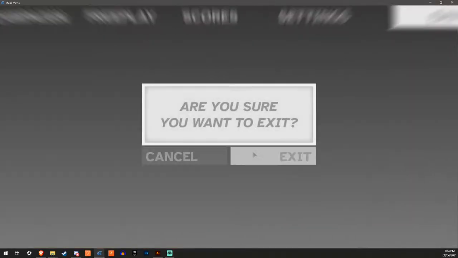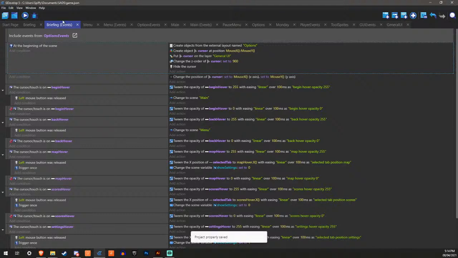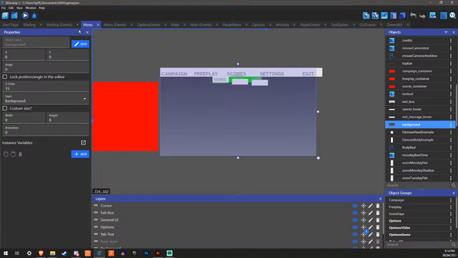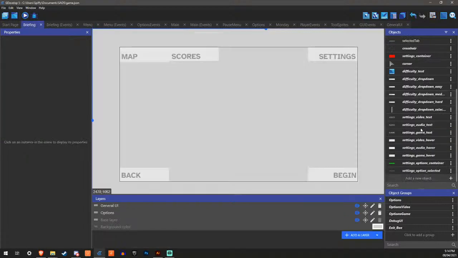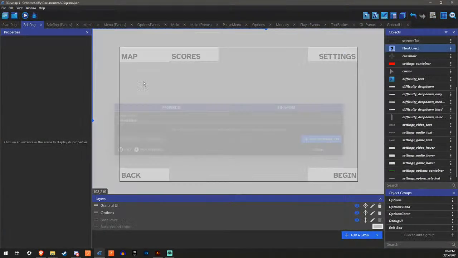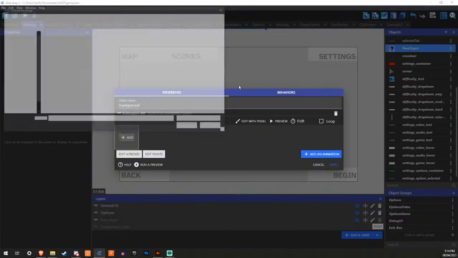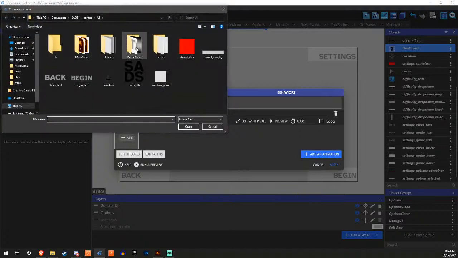It's also very bright. It's like this good white mode. Where I make it have that background. The background for the main menu, which is this. So we go for sprite, background, and where is it?